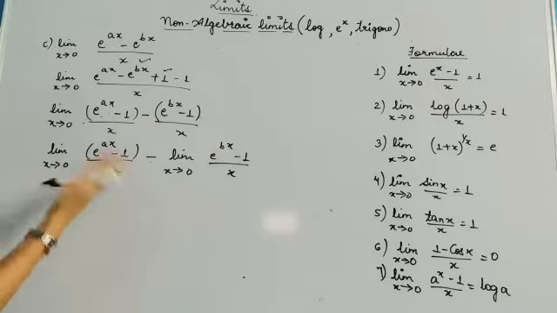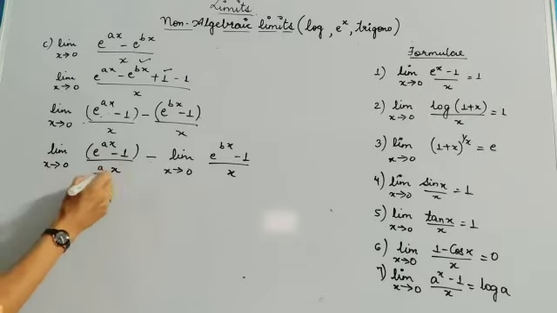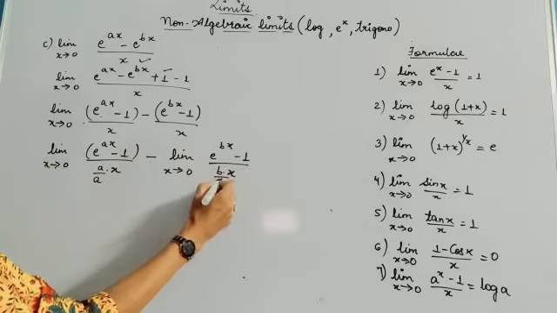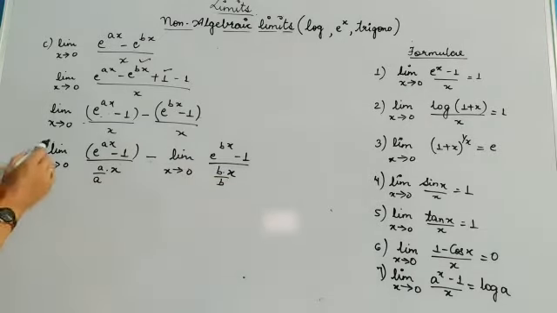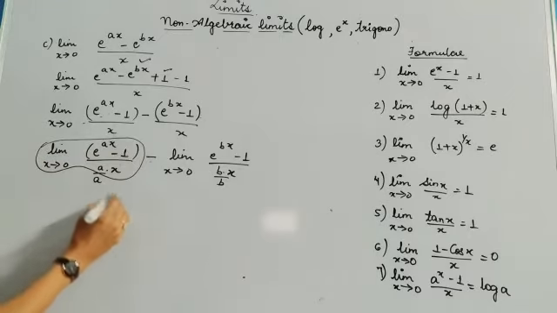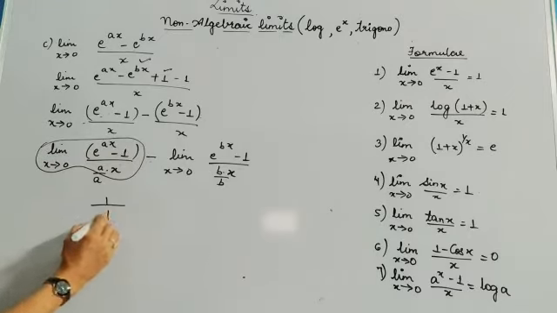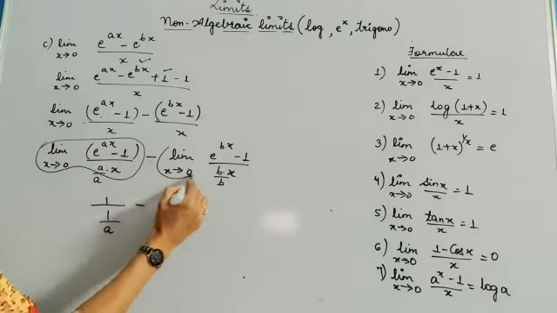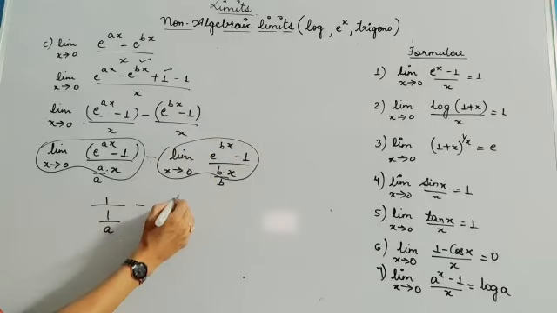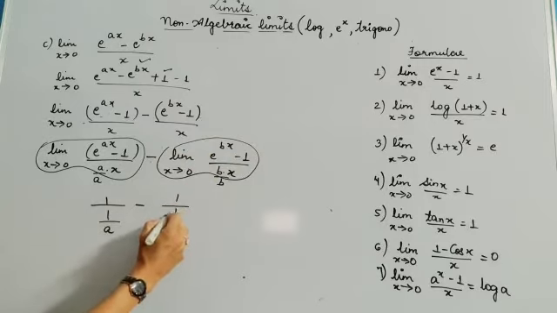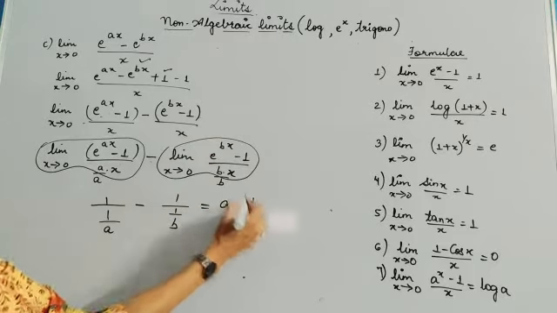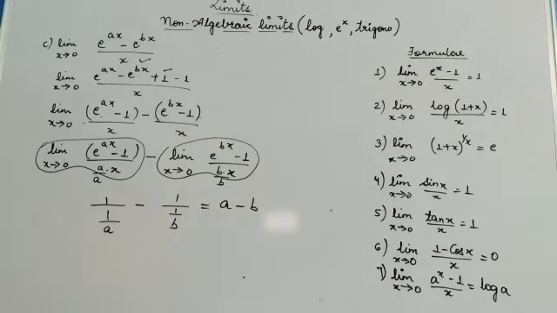but it is missing. So what I will be doing? I will be multiplying and dividing with a, and here b is missing, so I will be multiplying and dividing by b. So for this complete I can write 1 upon, again this will be 1 upon a, minus, for this I can write it as 1. So 1 upon, this is 1 upon b. So here a will go up and b will also go up. So it is a minus b.